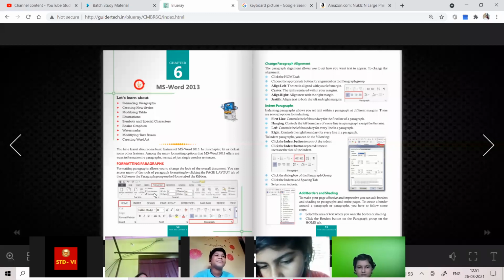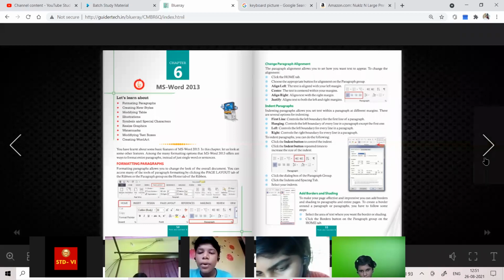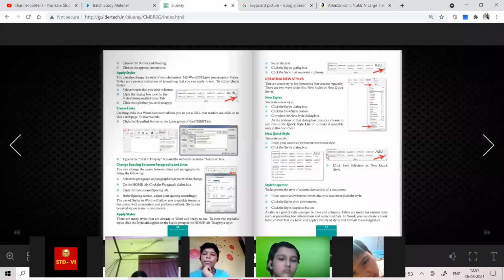From page layout, mostly they have shown home, paragraph. These options they have shown. You are just talking about apps, that is why I'm also talking about apps. Okay, changing styles also you can do.